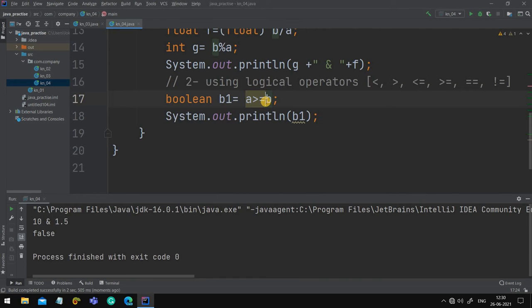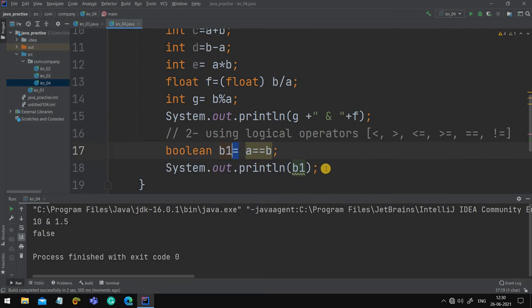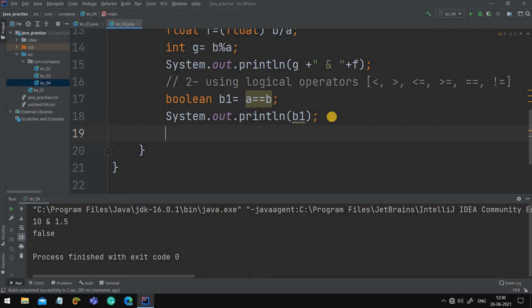Now let's use another, that is equals to. Are they both equal? See, this single equals to is the assignment operator. Let me write here somewhere. Note: equals to is assignment operator.